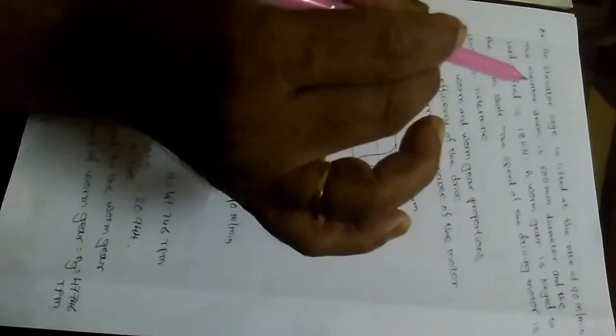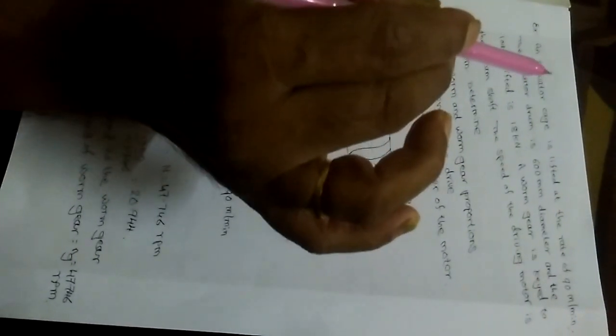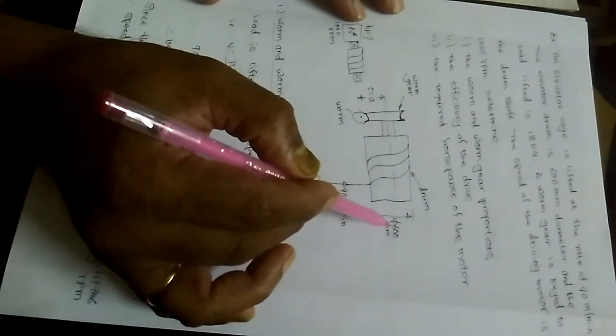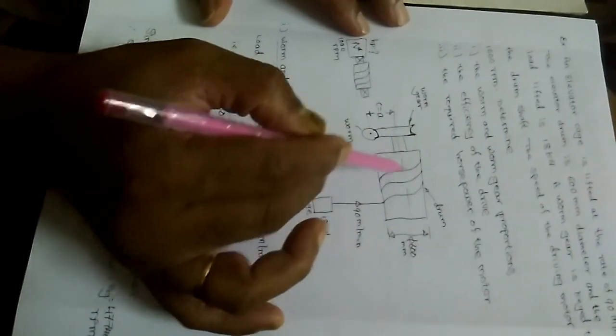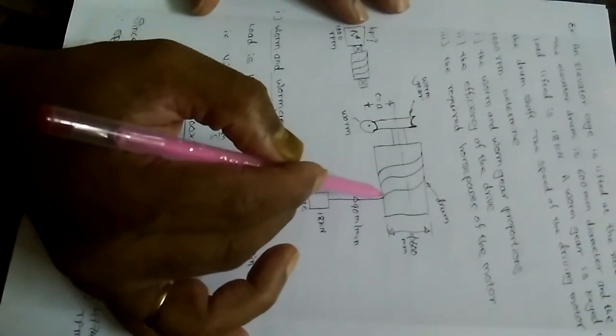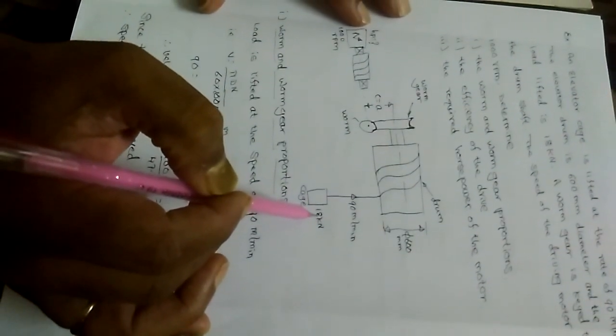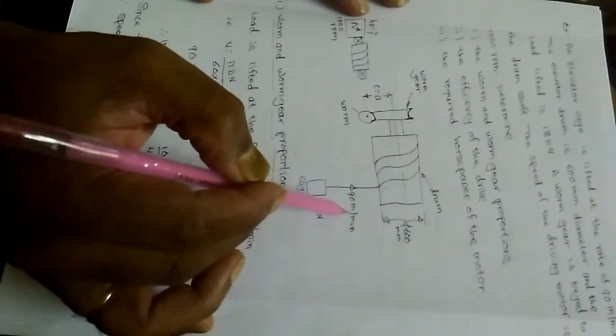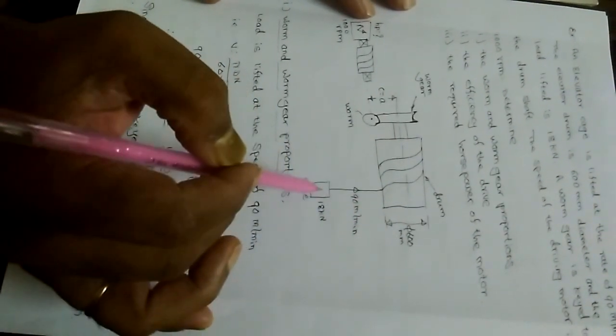So this is the example which is specified, which is a practical application of the use of the worm and worm gear. For this example, I just put an approximate sketch of how this is going to look. This is an elevator drum having a 600 mm diameter. There is a wire rope wound on the drum outer surface, and there is a case here of 18 kilonewton. This is given as weight, 18 kilonewton. This is going to move up and down at the rate of 90 meter per minute. This is the velocity of operation of the elevator case.